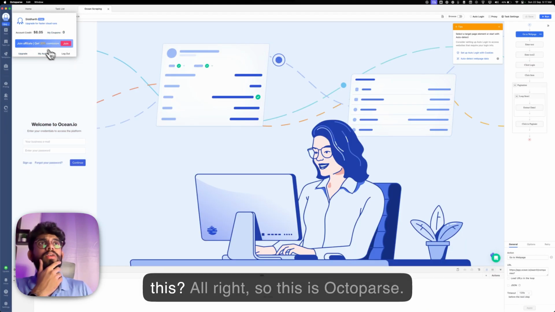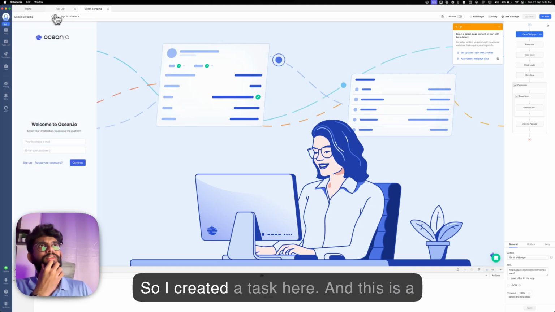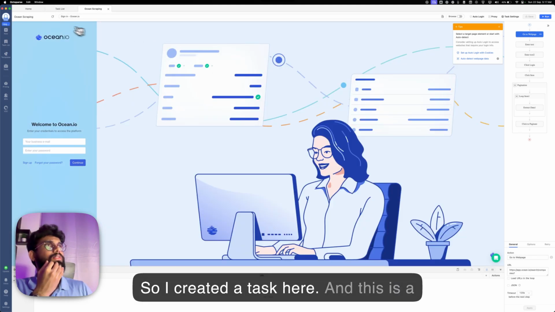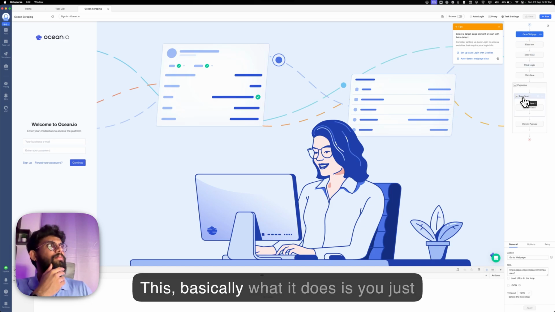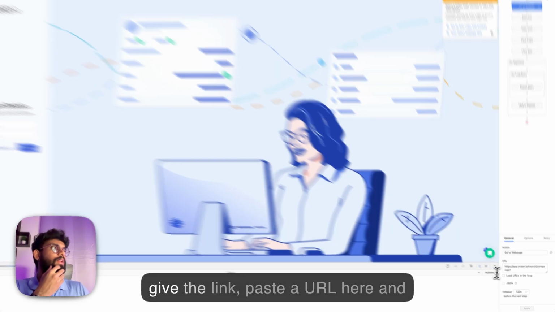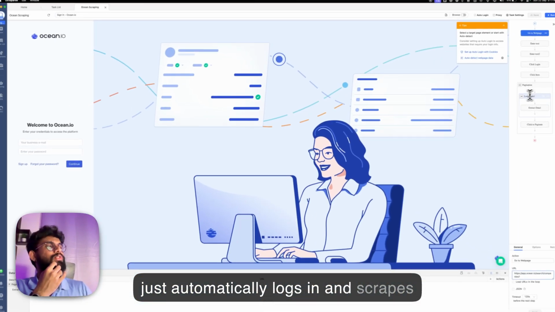What is this? All right. So this is Octoparse. So I created a task here, and this is the template that I'm using right now. What it does is you just give the link, paste the URL here, and it automatically logs in and scrapes all the